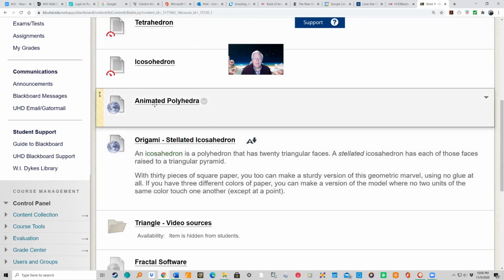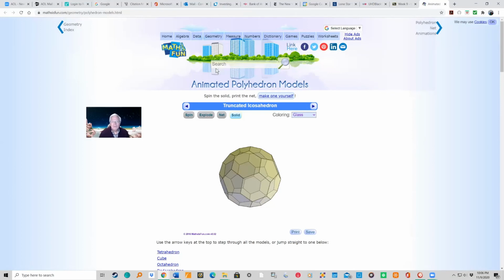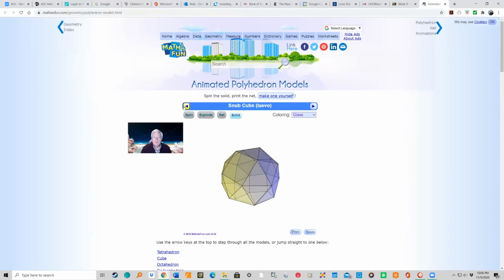The animated polyhedra website can be found right here. And in many ways, this is one of my favorite websites. So I'm going to take the opportunity just to guide you through some of its features. The first thing that you'll notice is that we have the name of the polyhedra up here. You might want to explore this a little bit so that you can see what some of the names are. I'd recommend that you go down to some of the earlier ones rather than the later ones, just to make it easier to see. The tetrahedron, for example,